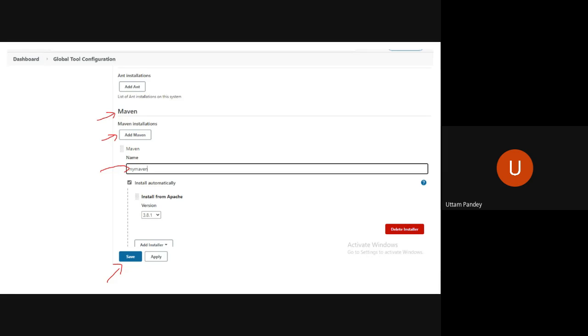Done, ma'am. Done? Okay, now go back to the dashboard. See on the left hand side, you will see the dashboard is there. Can you see the dashboard in your account on the left hand side? Yes, ma'am. Then in the dashboard, click on the global tool configuration.